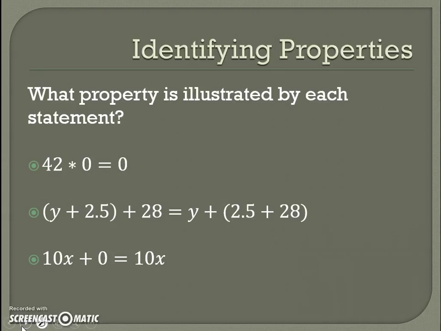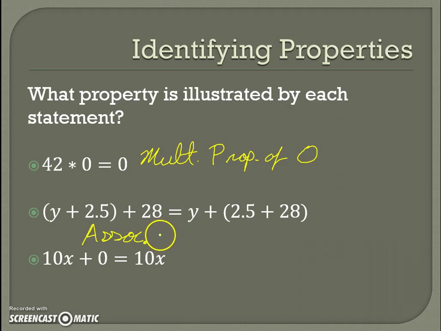So here we're identifying properties. It says what property is illustrated by each statement. This first one is the multiplication property of 0. And you could feel free to abbreviate. This one down here, notice that the y plus 2.5 is grouped. Over here, the grouping switches. So when the grouping changes, that is the associative property. You have to be very careful when you abbreviate associative, if you know what I mean. So associative of addition. And then down here we have 10x plus 0 doesn't change the value, so that is